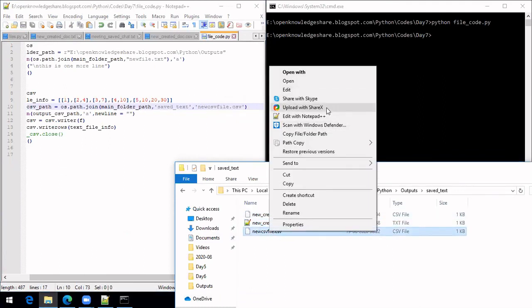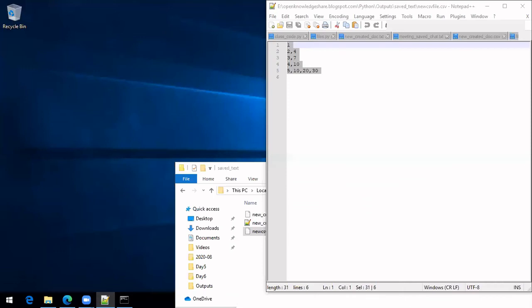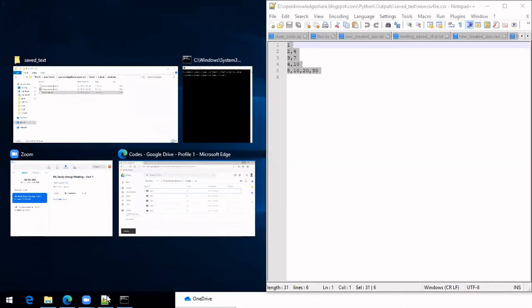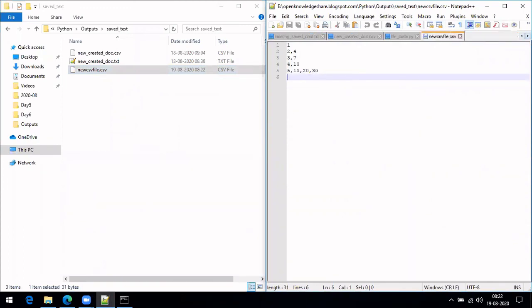You can open it with Notepad++. Whatever we wrote here, this is the first row, this is the second row, and the column values are separated by commas.